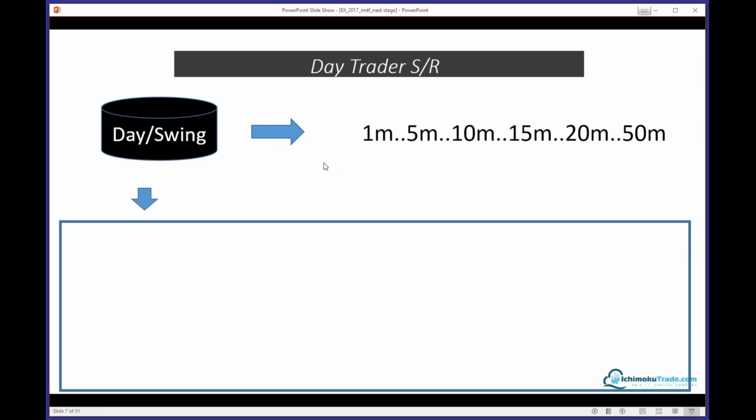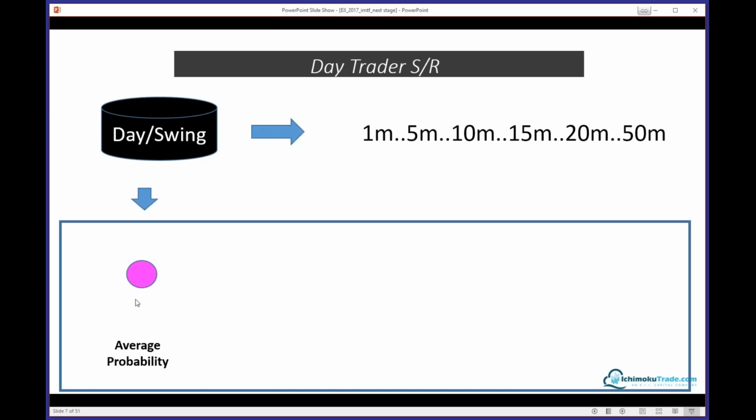So on your chart that we're going to show you in a couple of minutes, if you see a purple dot, that means all the day traders and swing traders are agreeing on the same support resistance level at that purple dot. So if you see a purple dot on the screen, that means you have an average probability of that key support resistance level holding. That's basically where the day traders and swing traders agree on the support resistance. So this has a good